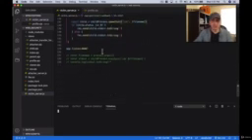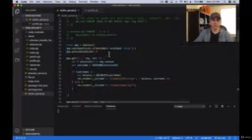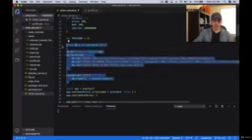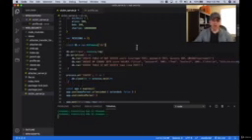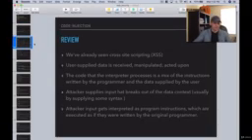So let's move on. I'm going to start the server on port 4000. Okay, let's leave it there. And now what we want to do is start up a SQLite database. Okay, and now we are going to go over SQL attacks. Now, SQL attacks are very similar to what we just